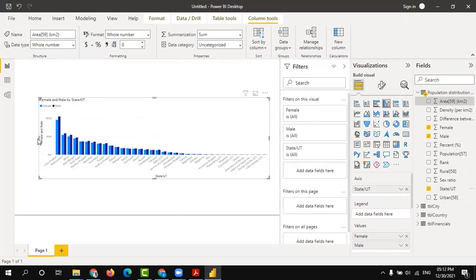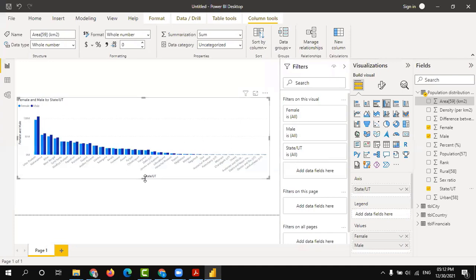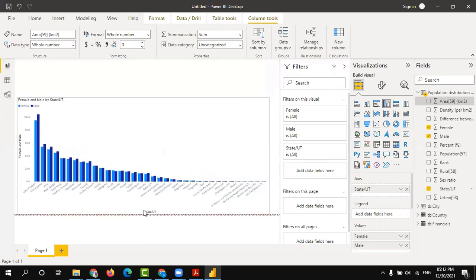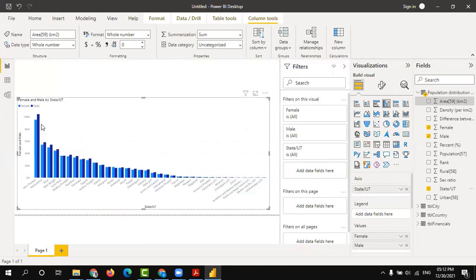You can see how the data looks like in the chart. When you move the cursor onto any one bar, you can see what that bar stands for. This blue is Uttar Pradesh and female head count population, and the dark blue is Uttar Pradesh and male. Similarly, all other states. So this is how you can create some basic charts using data.